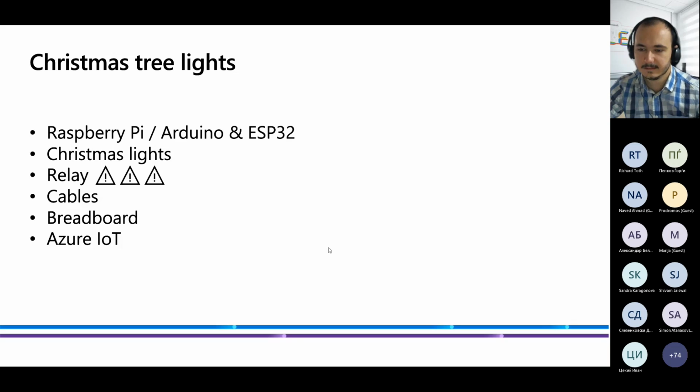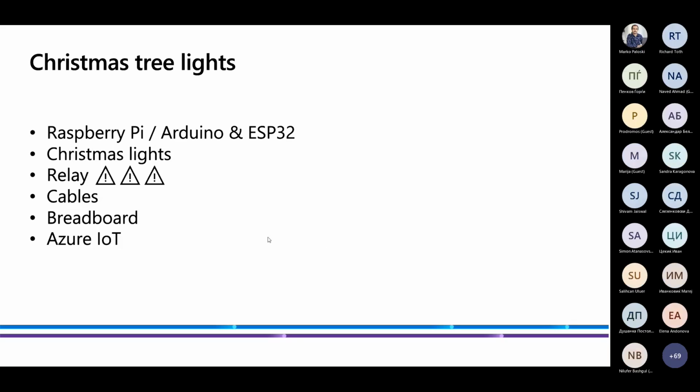All that you will need is one Raspberry Pi, or one Arduino and an ESP32, because Arduino is not connected to the internet. You will need an ESP32 to connect to the internet. Then you will need your Christmas lights. Then you will need a relay, but you have to be very, very careful when you connect the Christmas lights with the relay.